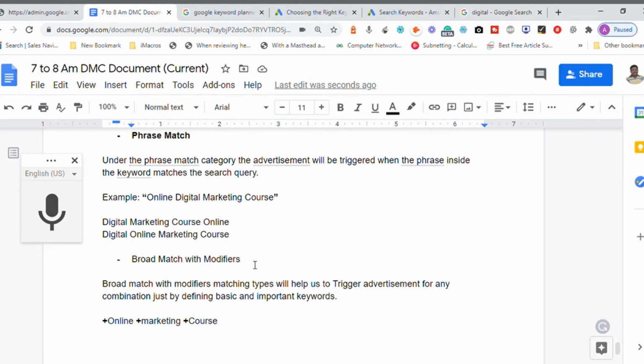Now, what is the benefit of using broad match modifiers? The benefit is that you don't need to do a lot of keyword research. You don't need to collect hundreds and two hundreds of keywords, or all the keywords used by the people. If you just take the main keyword and define it like this, online marketing course, when people search online digital marketing course, it will show online marketing course in Chennai, in Theni, Madurai, Coimbatore, Trichy, whatever the location.